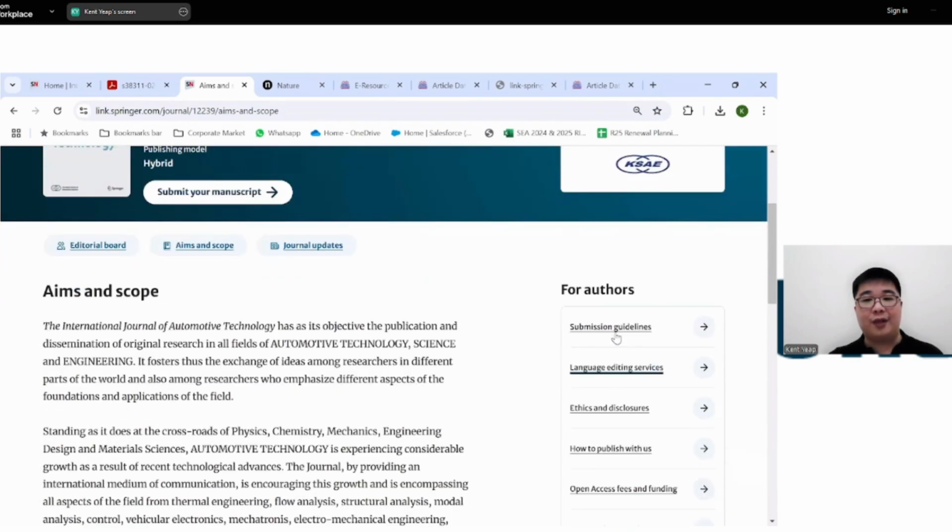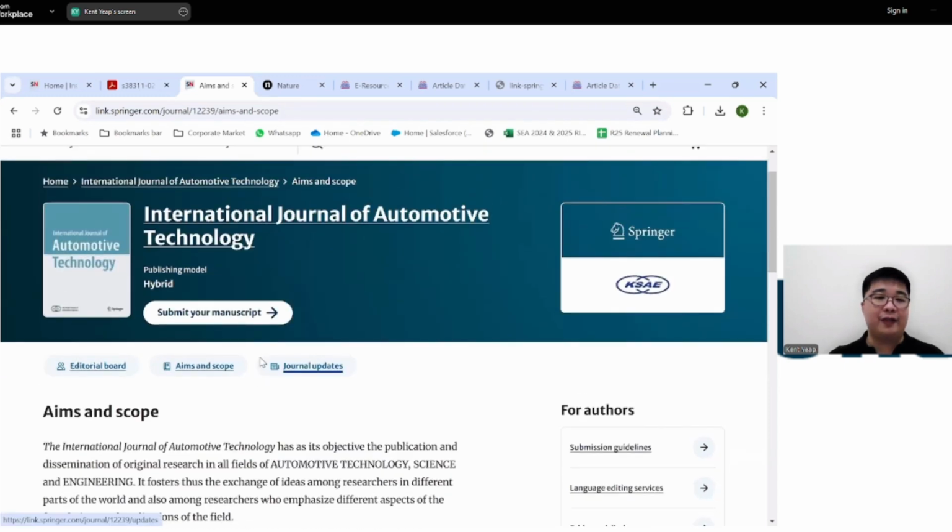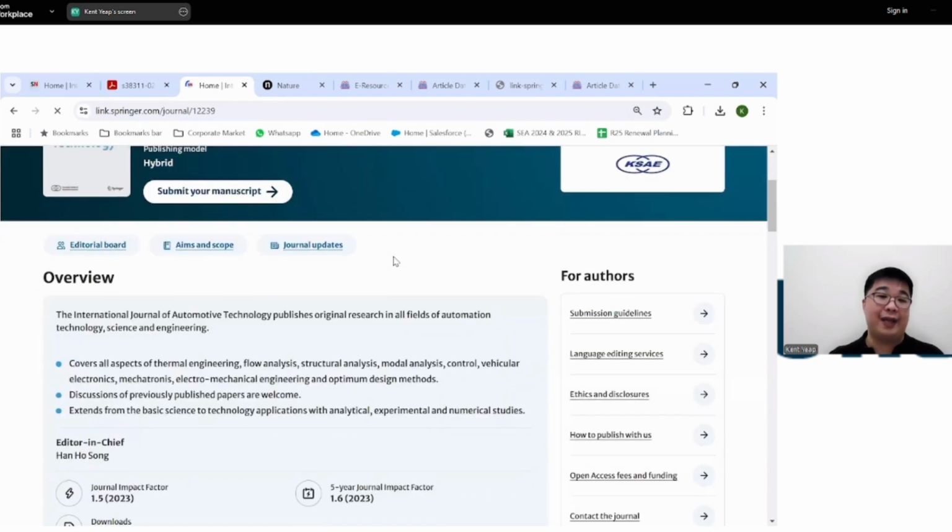And then finally, if you want to know the submission guidelines for the specific journal, click on the submission guidelines. It will tell you things like how many pages, what kind of cover note to write, what the guidelines are in regards to fonts, colors, images, sizes of your images. Do you need to submit an ethical review, especially for those papers relevant to biology or medicine, and etc.